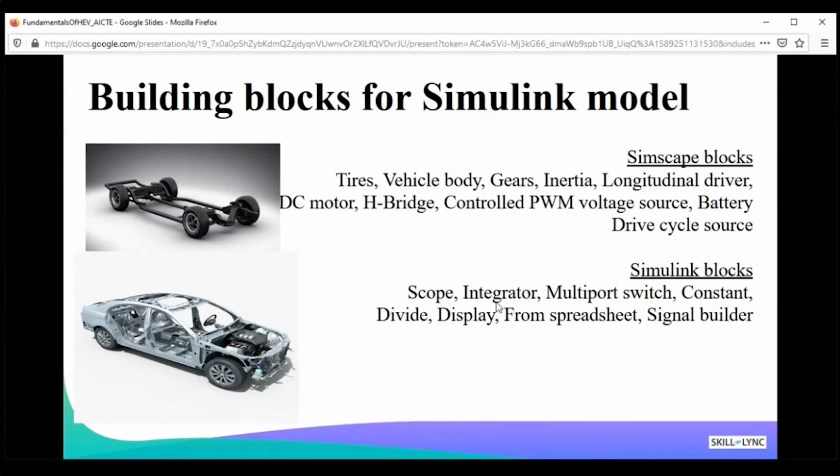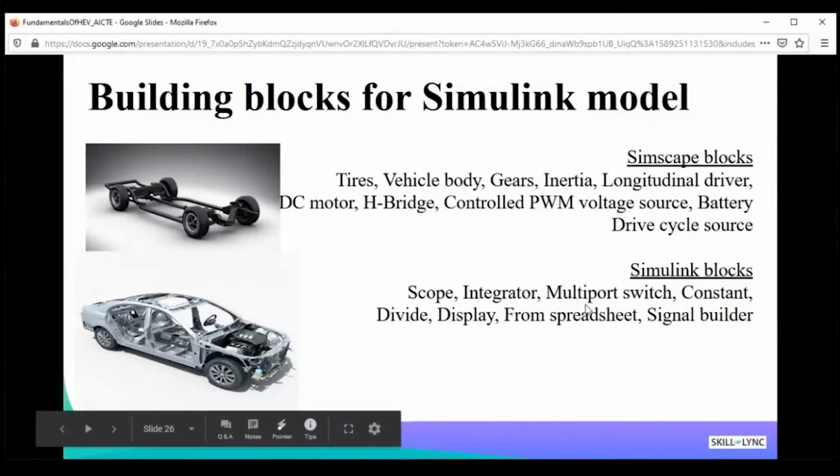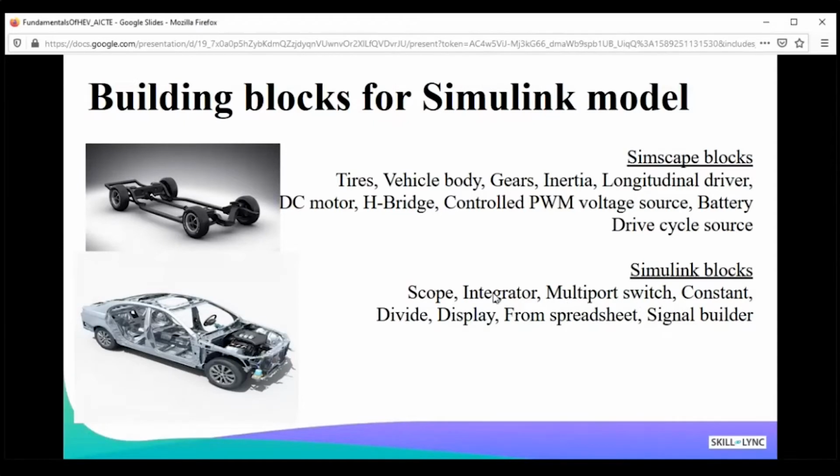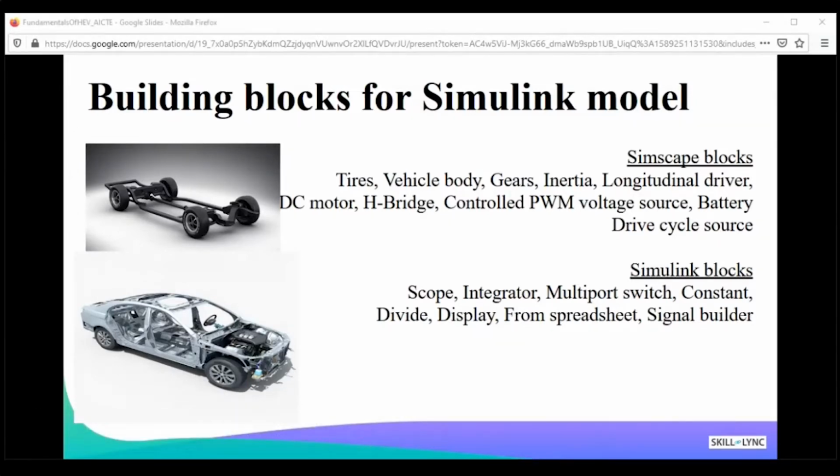I need to get the idea about how much is the capacity left. So I'm going to use this integrator to integrate the current over the period of time, and then I can calculate what is the remaining capacity of the battery. Right. I'm going to use an Excel sheet as well, and some other basic blocks as well. Now, before I start building this, let me go through a basic understanding of what is Simulink and how to use the Simulink library. Right. So here I'm showing you a Simulink library.